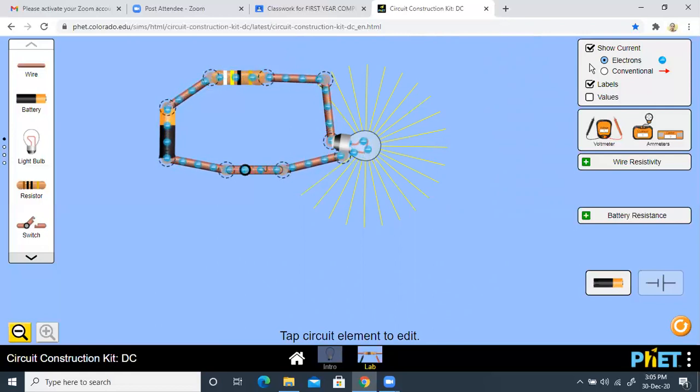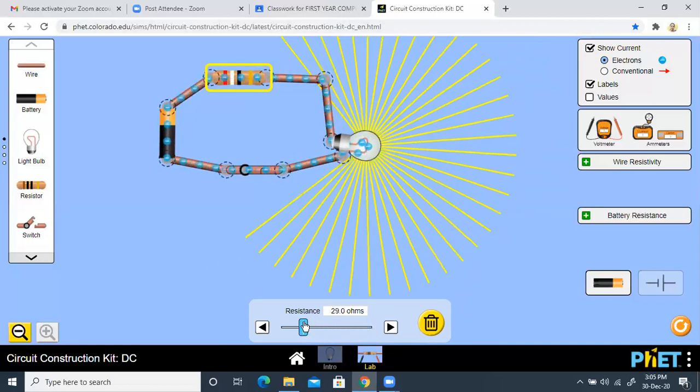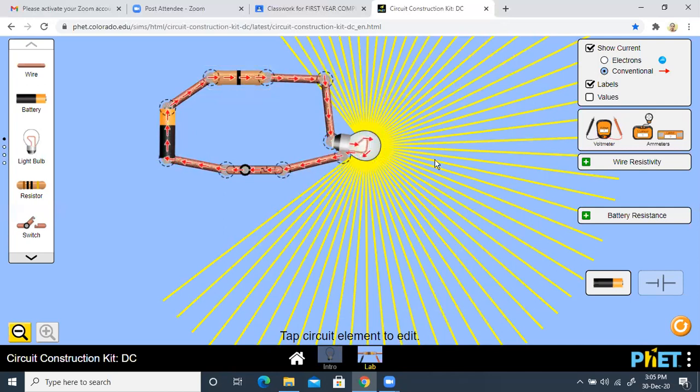So as you increase the value of resistance, the current decreases. Okay, the opposition will increase so that the electron movement also becomes slow. Okay, so that is how it causes the opposition. As I decrease the value of resistance, see how faster the electron movement is, and so is the direction of conventional current. And the illumination also increases whenever I have a very low resistance. Okay, hope you have understood what is an electric circuit.